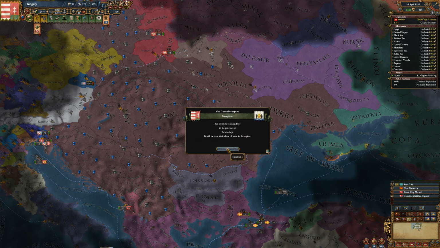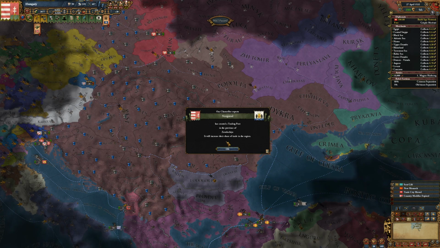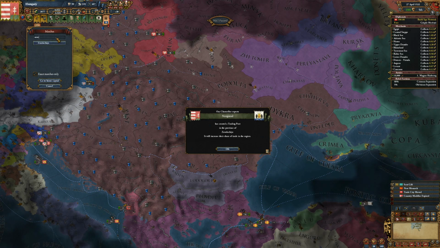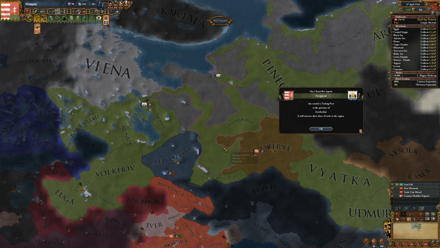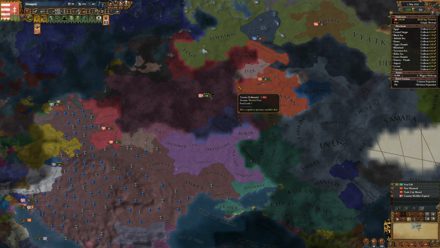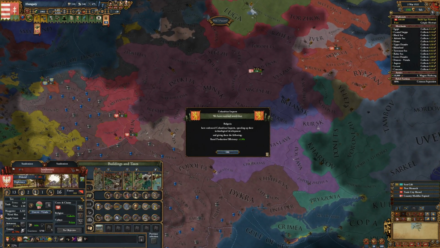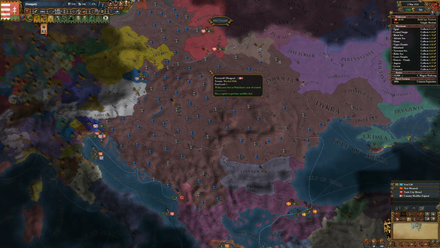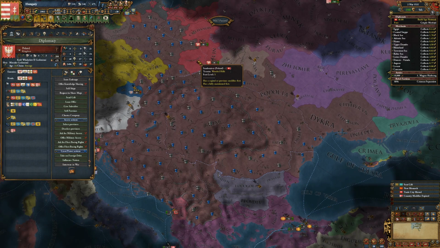Novgorod has created a trading post in the province of Zavolitche. Why did my flag show up? That was weird. I don't think Poland...